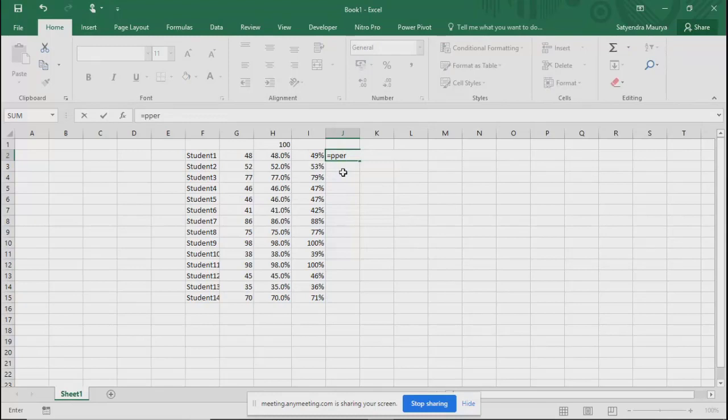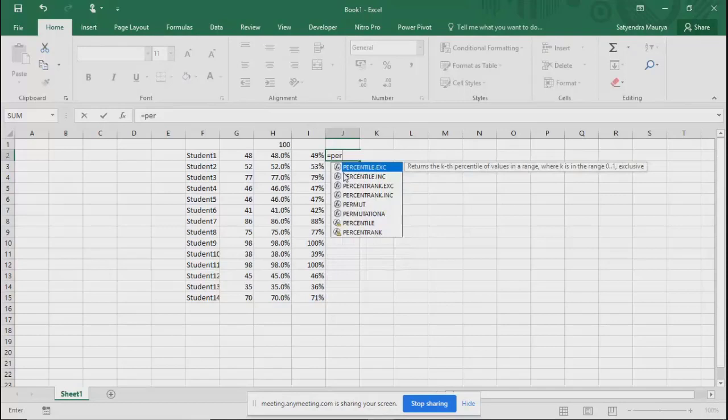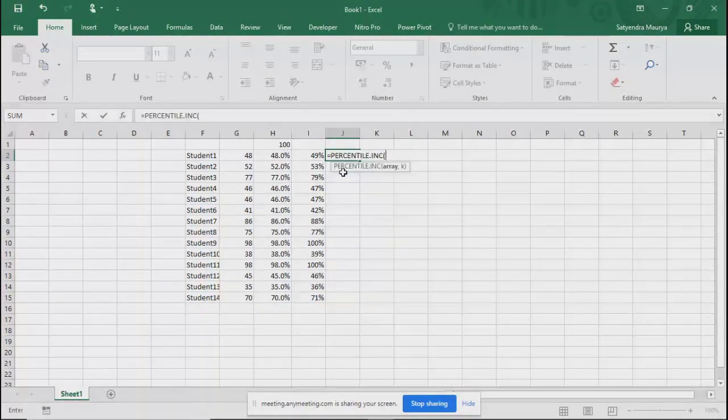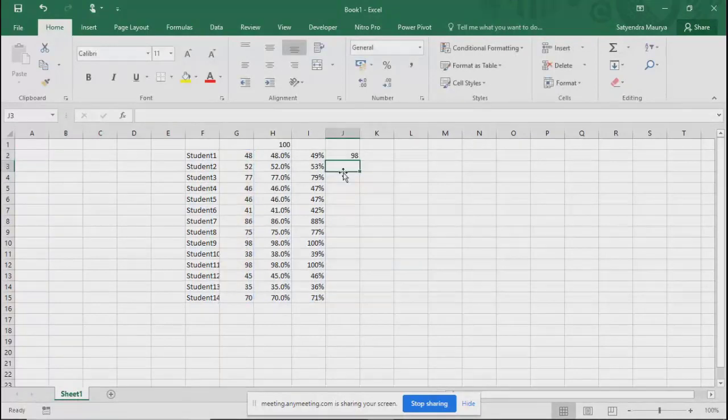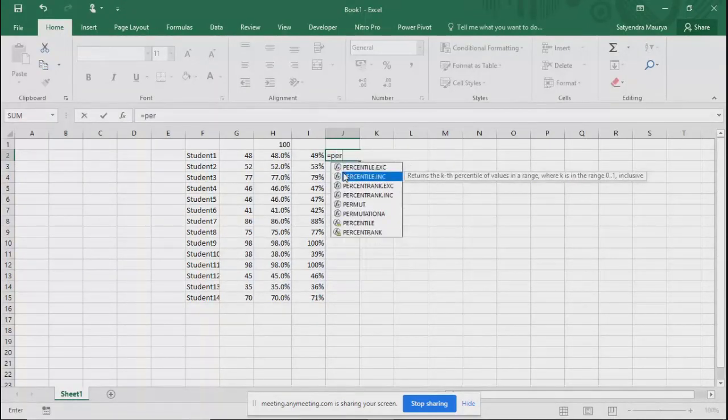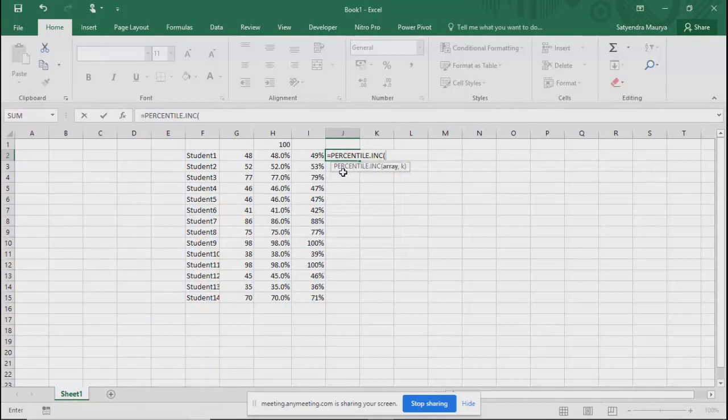Percentile. This one is again 98. Okay. Percentile inclusive of this.